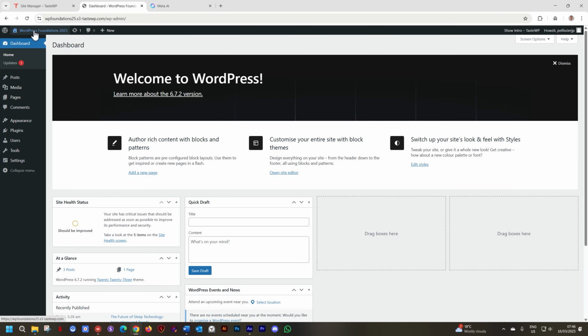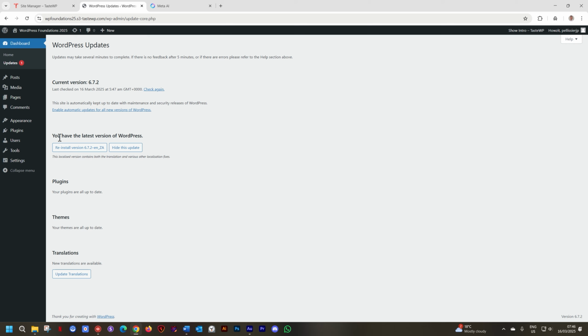One thing I want you to notice, suddenly this little red dot appeared. And it says, this is lodged under Dashboard Updates, and select Updates. And here it will tell you you have the latest version of WordPress. And then at the bottom, it says Update Translations. Once you switch to another language like I just did with South African English, you will occasionally get WordPress urging you to go and update the translation. You just do that. Don't worry too much about it. And you will see that little red dot appear. And whenever there's an update, it will appear.